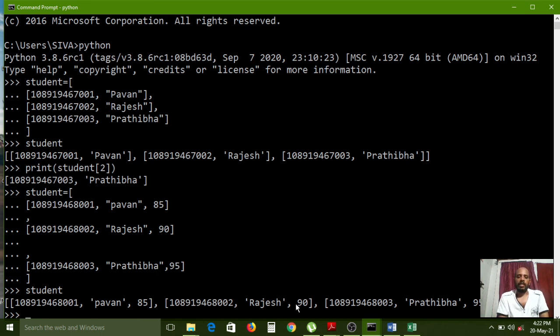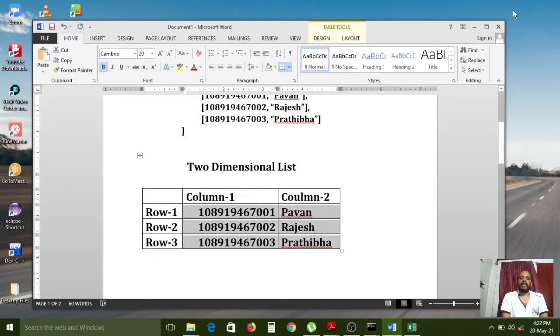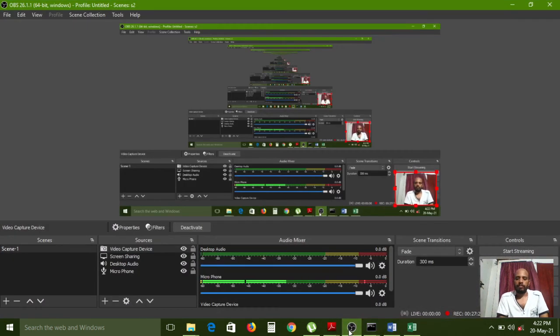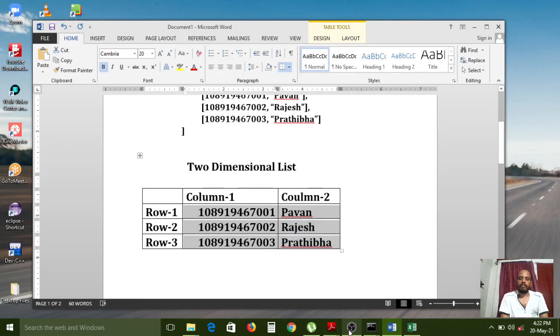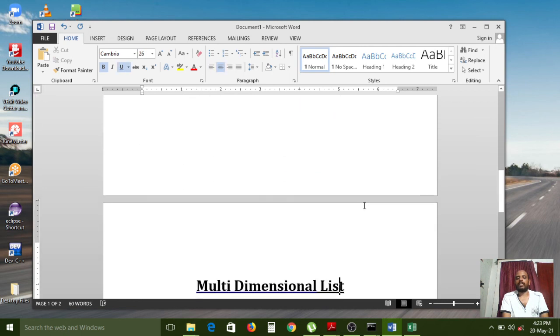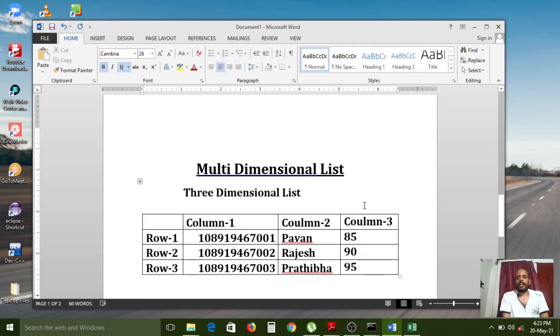That we can't see, but by accessing the index elements we can see the data like this, in a record format. 2-dimensional, 3-dimensional, 4-dimensional, like multi-dimensional, as per our requirement the data can be stored in this way. Understand?